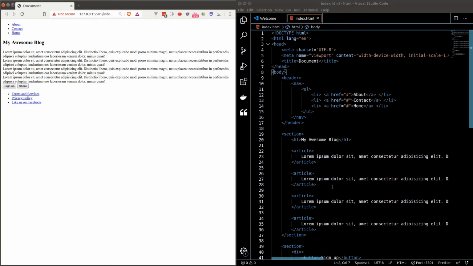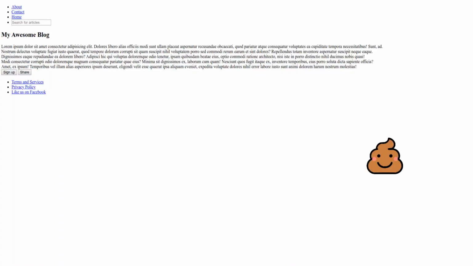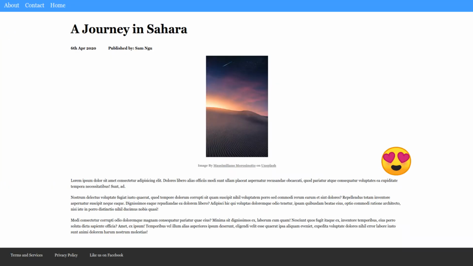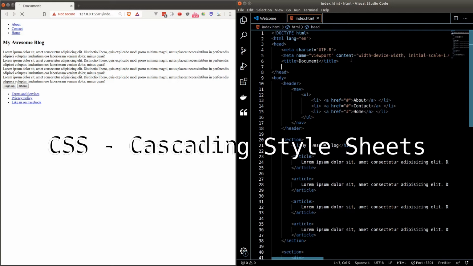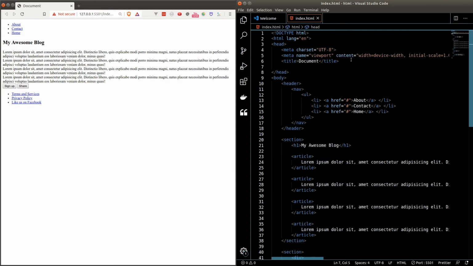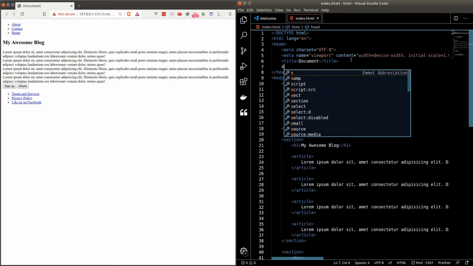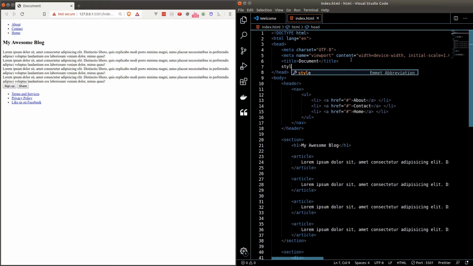Hey there, it's Sam. In this lesson, we will learn how to convert this into this. And the magic behind it is something called CSS, which stands for Cascading Style Sheet. Let's dive into the code straight away. Let's use our HTML code from the last episode and add the style tags inside head to start writing CSS